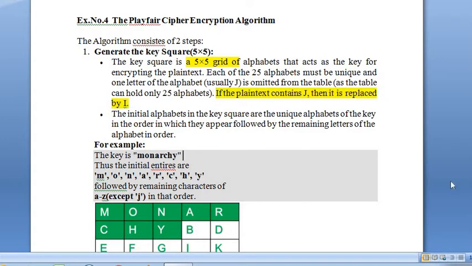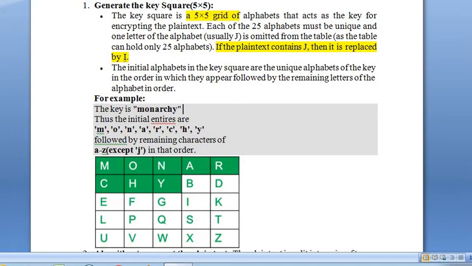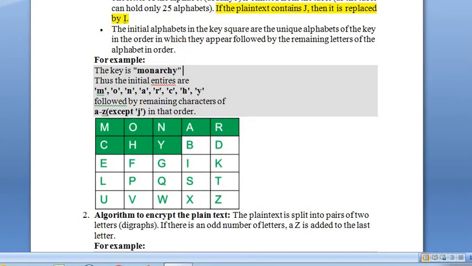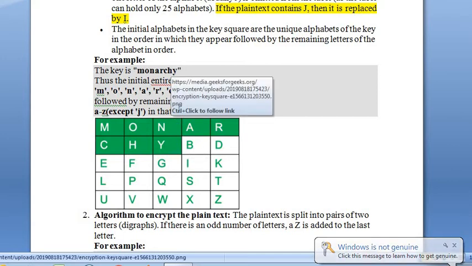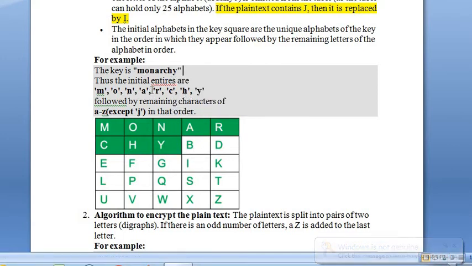If you see the example, you will understand what I am telling. The key is MONARCHY. The first step is to eliminate the spaces in the key, and only the text will be taken.